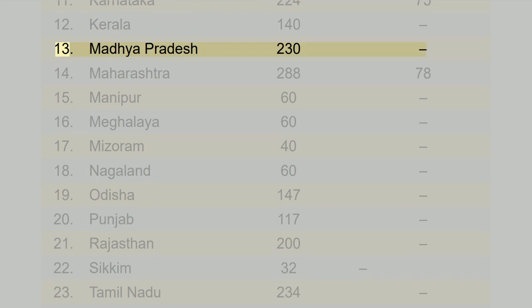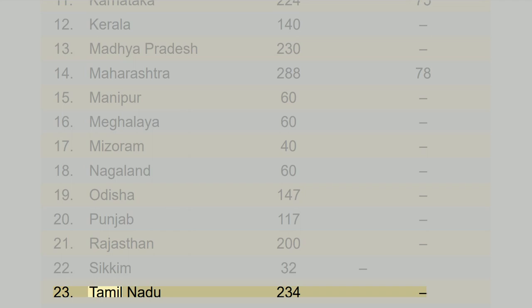13. Madhya Pradesh 230; 14. Maharashtra 288, 78; 15. Manipur 60; 16. Meghalaya 60; 17. Mizoram 40; 18. Nagaland 60; 19. Odisha 147; 20. Punjab 117; 21. Rajasthan 222; 22. Sikkim 32;